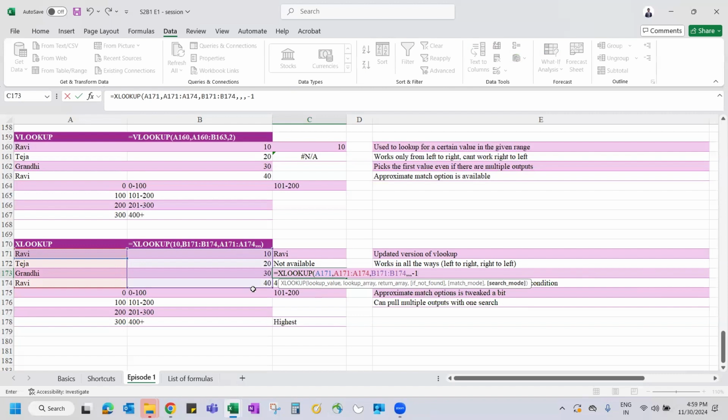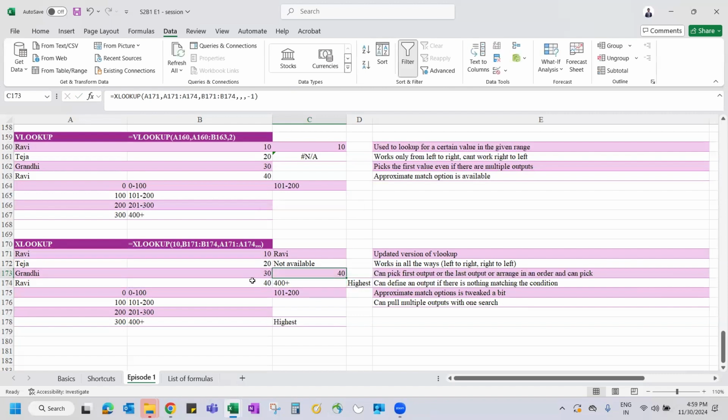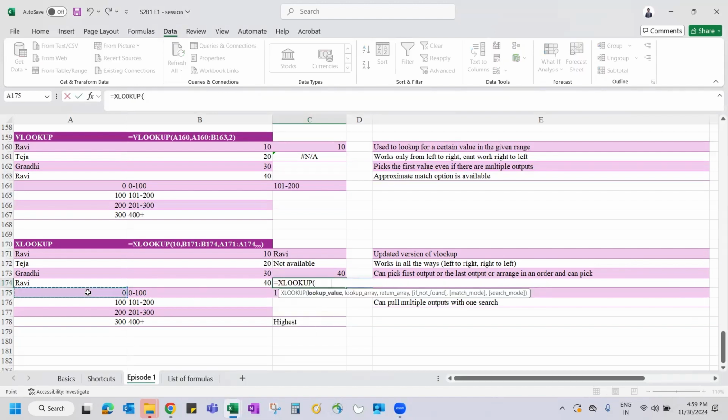So instead of getting 10, I should get 40 as my output. So I'm getting 40 because it's searching from last to first. Yes, in XLOOKUP we can search any way. Anything is possible in XLOOKUP. And if you want to have multiple outputs, for example, XLOOKUP 0,